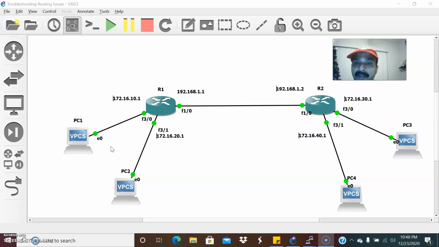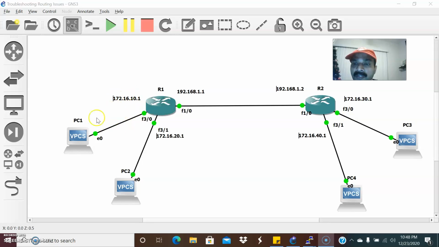And today let us discuss how to debug routing issues. So this is an architecture where we connect R1 and R2. These are the serial interfaces where both ends should reside in the same subnet, right? To R1 I have connected two different hosts, both in different subnets. So our router is used to connect two different subnets, right?